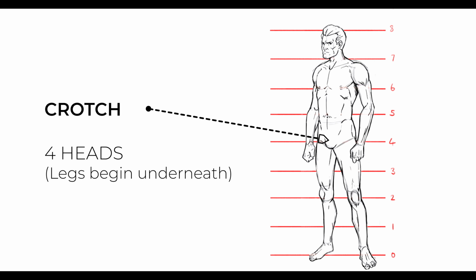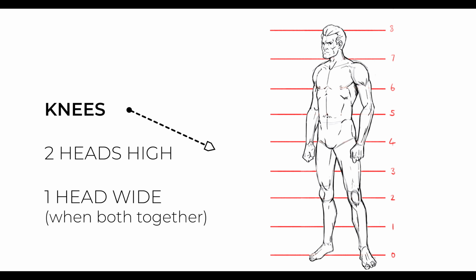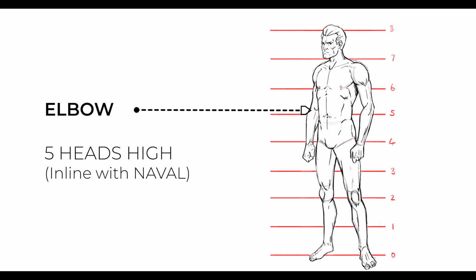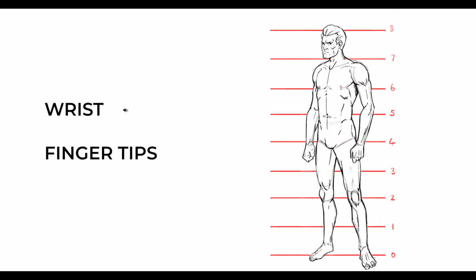Just below the crotch is where the gap for the legs start, which is the edge of the butt. This one's important, as it's where the inner leg starts. The knees end at the 2nd head mark, and when both together are about 1 head unit wide. Heading up to the arms, you'll notice the elbow sits about halfway down the arm and lines up with the navel at 5 heads. The wrist lines up closely with the crotch, and the tips of the fingers rest about